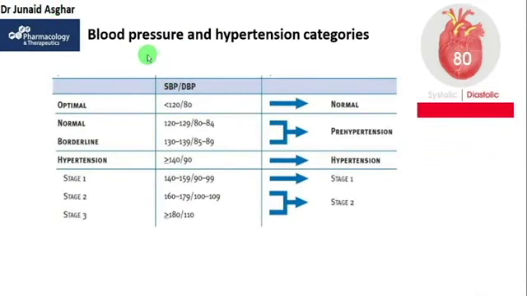So let's categorize the hypertensives on the basis of their numbers as outlined by the JNC, or Joint National Committee, guidelines, according to which blood pressure numbers of less than 120 over 80 are considered optimal, or the best, or the most favorable. The numbers are still considered normal even if they are in the range of 120 to 129 for systolic and 80 to 84 for diastolic. They both are called prehypertensives.